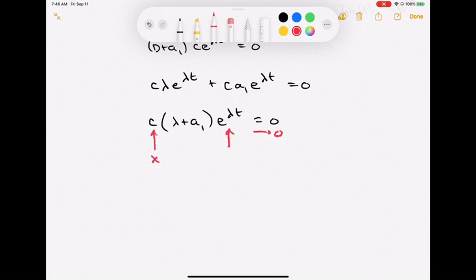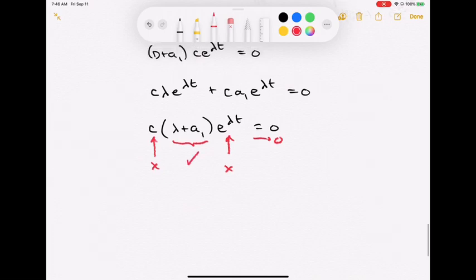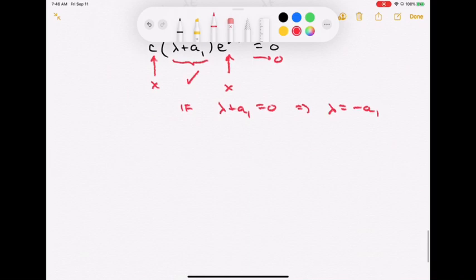If I look at this function e to the lambda t, I don't care what constant lambda you put in there. There is no way that I can make e to the lambda t equal to 0 for all time. So that doesn't help us get to the 0. The only thing that really allows me to get to 0 is if I have lambda plus a1 equal to 0. This guy can help me. So if lambda plus a1 equals 0, which implies what? That lambda equals minus a1, then my y zir equal to c e to the lambda t works